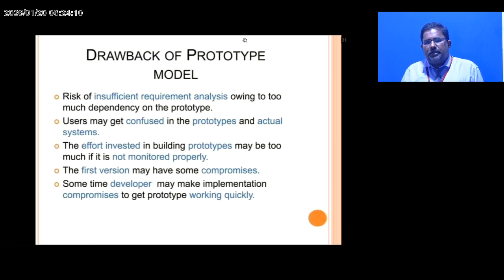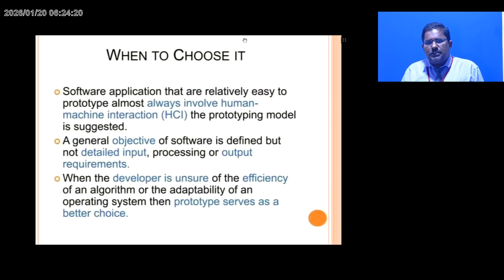Sometimes the developer may make implementation compromises to get the prototype working quickly. These are the drawbacks of the prototype model. When to choose it? Software applications that are relatively easy to prototype almost always involve human-machine interaction (HCI); for these, the prototype model is suggested. A general objective of the software is defined but not detailed input, processing or output requirements. When the developer is unsure of the efficiency of an algorithm or the adaptability of an operating system, then